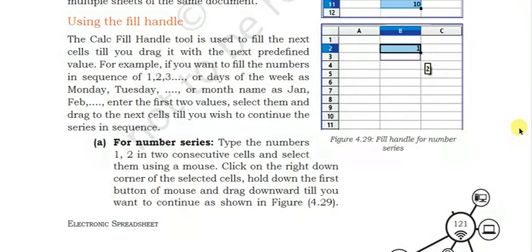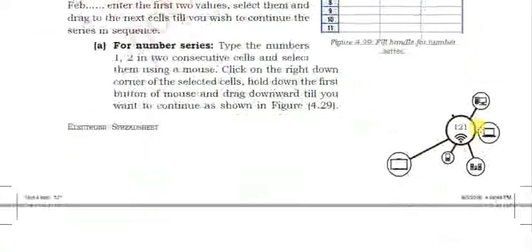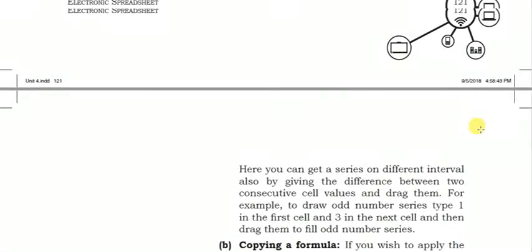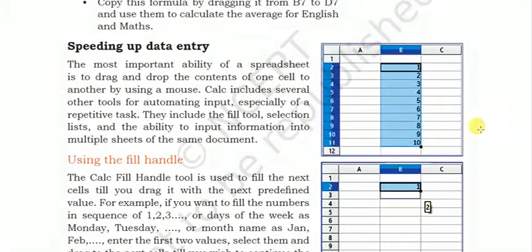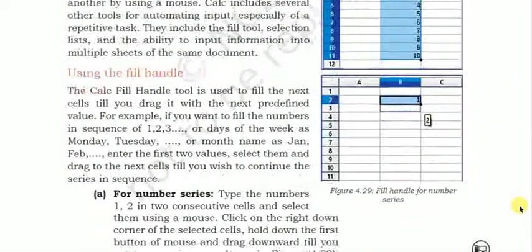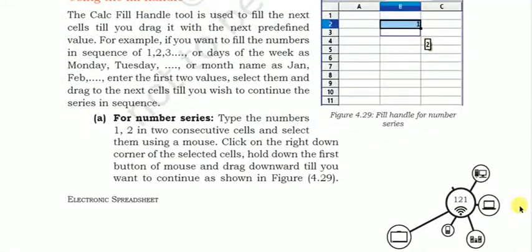For a number series, type the numbers 1, 2. You must have two numbers for a series. Otherwise, if you have just one number, it will be copied in all the cells. Okay. So first you write 1, then 2, then select these two cells and drag. So it will change into this. The handle will appear, and you drag this handle up to the required number of cells. Okay, so the numbers will automatically be generated for you.